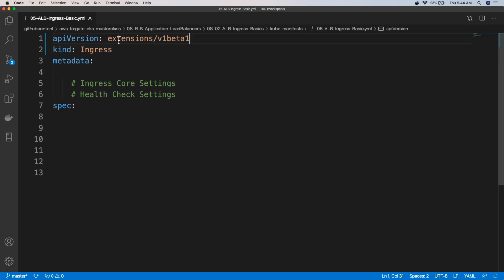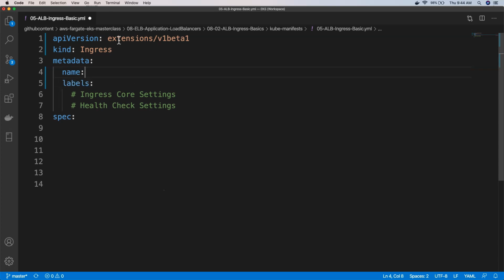Whenever it is updated, as usual, when it is moved from beta to live, I'm going to update it accordingly. But currently it is in v1beta1, this entire ingress section related to ALB, application load balancer, okay? So we have created API version, kind, and then in metadata, the child elements we usually have are name and then labels, right?